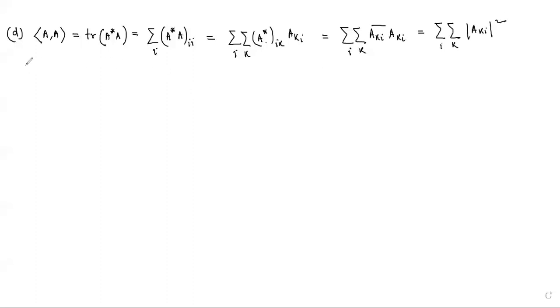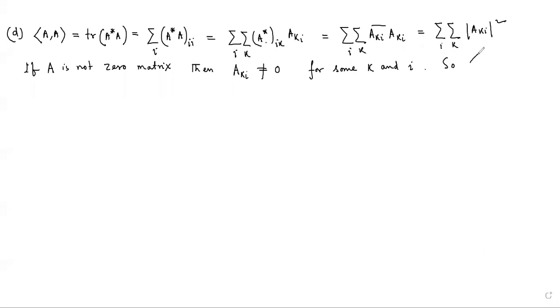And what I was saying is that if A is not the zero matrix, then these elements a_ki are not equal to 0 for some k and i. So the inner product of the matrix with itself is always positive. And therefore, M n cross n F